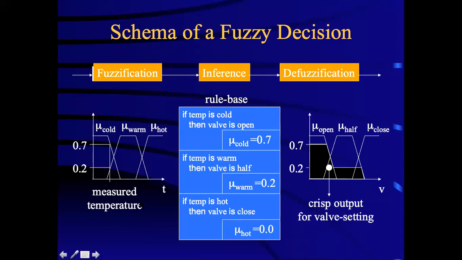तो पहले स्टेप में आप क्या कह रहे हैं कि गिवन टेम्परेचर वैल्यूज के अगेंस्ट, या गिवन इनपुट्स के अगेंस्ट, आप मेंबरशिप वैल्यूज निकालते हैं, दैट इज फजिफिकेशन प्रोसेस। देन यू गो फॉर द इन्फ्रेंसिंग प्रोसेस। दैट मीन्स कि अगर इन्फ्रेंसिंग प्रोसेस आपने अप्लाई करना है, यू विल फाइंड आउट इन योर रूल बेस कि कौन कौन से रूल्स ऐसे हैं जो कि एप्लीकेबल हैं, और उन एप्लीकेबल रूल्स के जो लेफ्ट हैंड साइड्स हैं, दैट मीन्स जो इनपुट्स हैं, उनकी मेंबरशिप वैल्यूज को आपने कंबाइन करके सिंगल मेंबरशिप वैल्यू लेनी, this is what you call as the inferencing process।